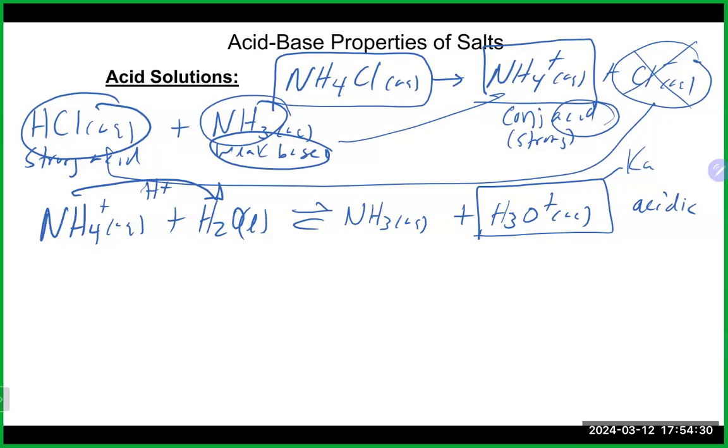So once again, this is where we would use that Ka times Kb equals Kw to switch it over to the correct Ka value. The difference, though, in this case, when you do solve the ice table, that will equal the H plus concentration,